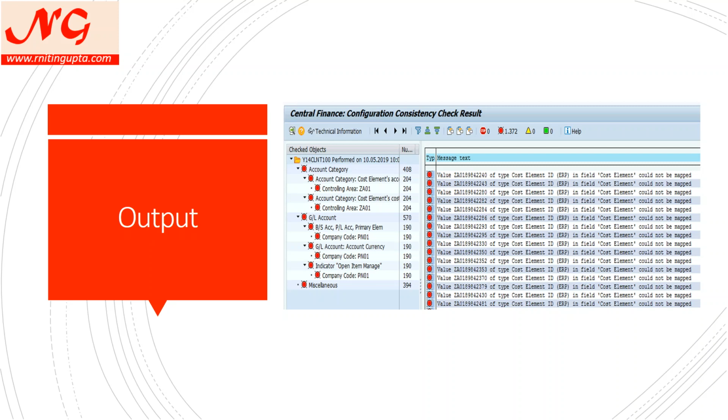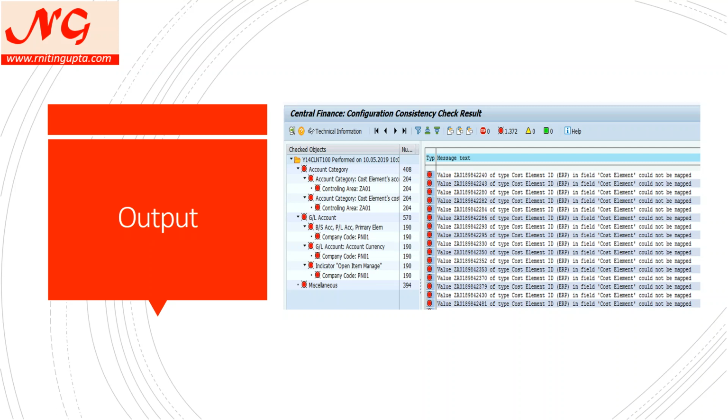You download all the errors, fix them, do the same process again, run the report again, and test it. Your errors might reduce, or change, but in the end you have to ensure that all the errors are gone. When you finally get this report clean with zero errors, then you are technically ready for initial load. Of course you can proceed before this too, but then all these errors will kill you in initial load, which is a more hectic exercise. I will share another video on initial load, and explain what consequences can happen if you don't do a good job here.